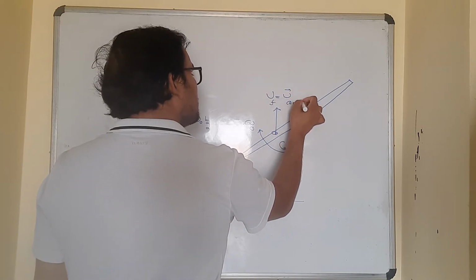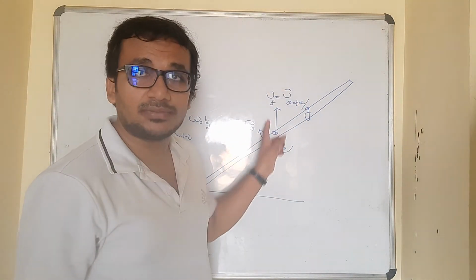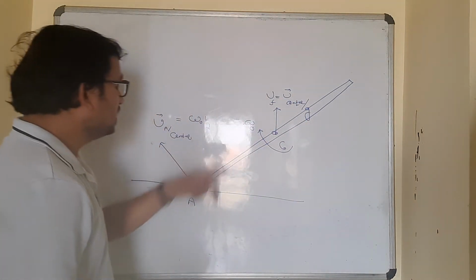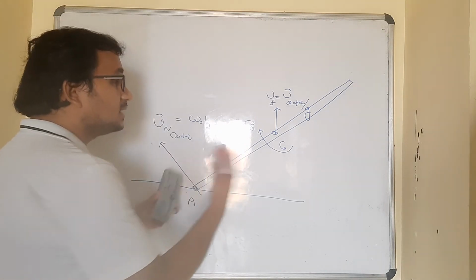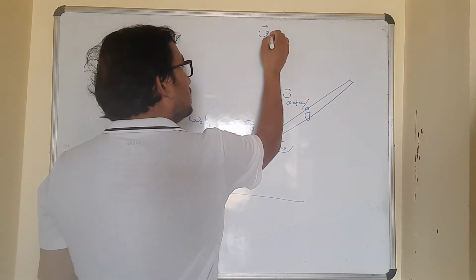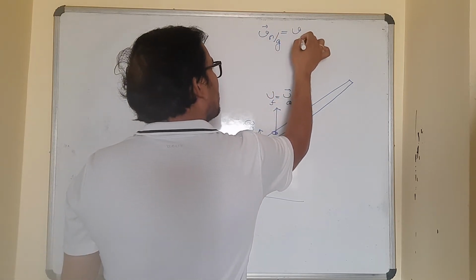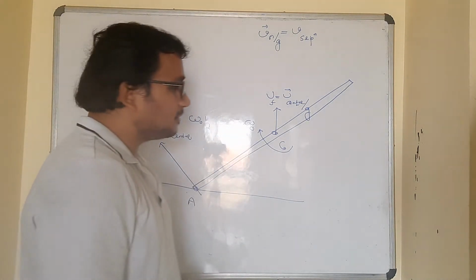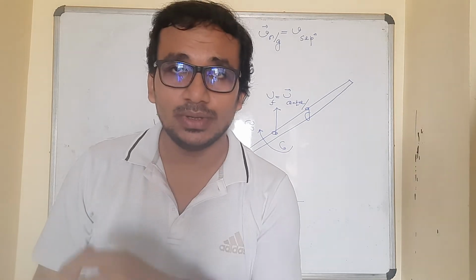The velocity of the center with respect to ground is assumed right from the beginning to be Vf in the vertically upward direction, isn't it? So this vector is to be added with this vector to get what? The resultant velocity of the point A with respect to ground. And this velocity will be nothing but the velocity of separation, because the surface is stationary. Surface before the collision was stationary. Now the surface after the collision is also stationary.